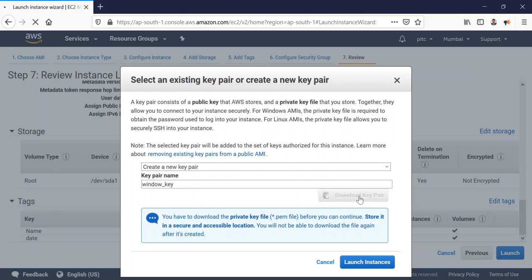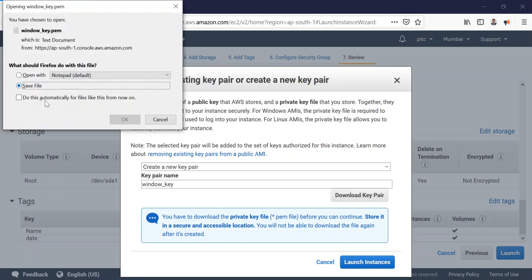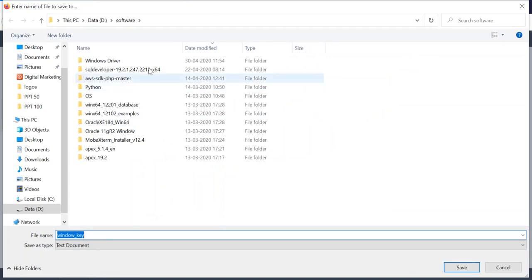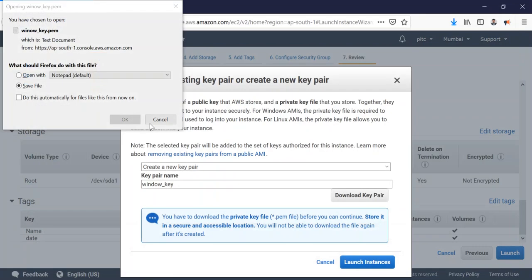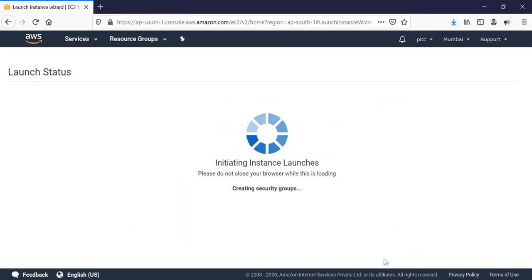And remember, you should not remove it or delete it. Don't change anything in this key. So this is my key which is now downloaded. I can save it. I'm saving it here on my desktop, that's fine. Now just launch the instance.